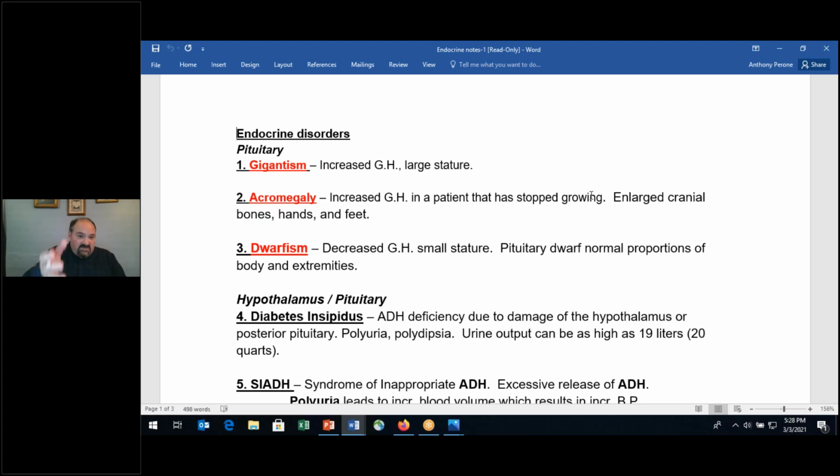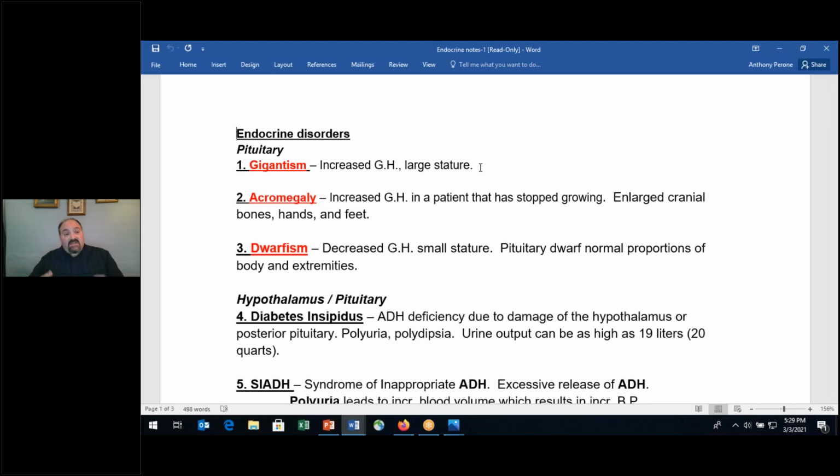In the case of this, it's very straightforward, folks. You've got 3 pages here of different disorders, and you just need to group them, for example, by pituitary. So I have 3 cards here for the pituitary. We have growth hormone, right? Do we have too much, or too little? Or if we have too much, yet the patient has stopped growing, so the person has stopped growing, yet they can still grow in some areas of their body. In the case of gigantism, the patient has not reached puberty and they're still growing, and they might have a